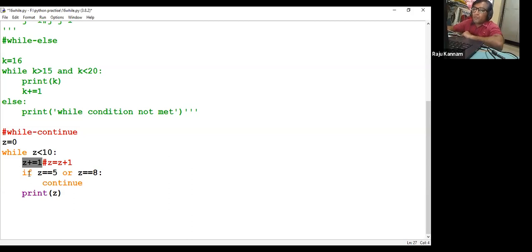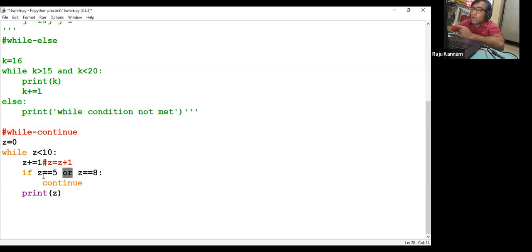Whatever values you want to skip, 5 and 8 you want to skip from 1 to 9. So we are testing if z equal to 5 or z equal to 8. What is the use of the OR operator?